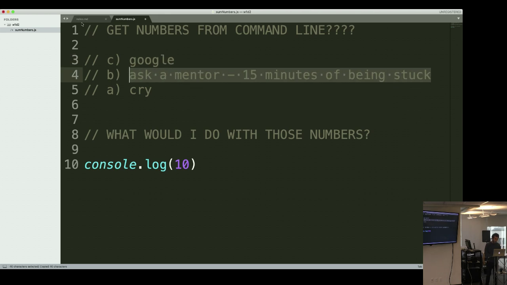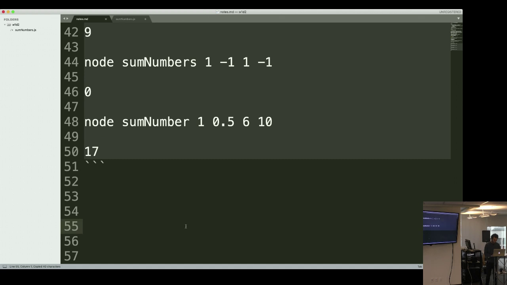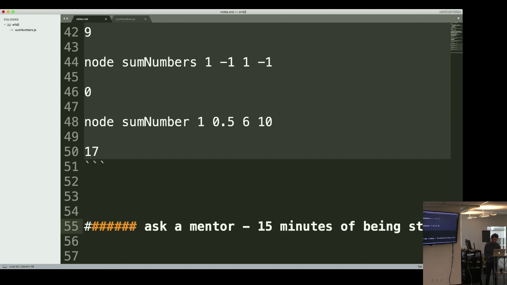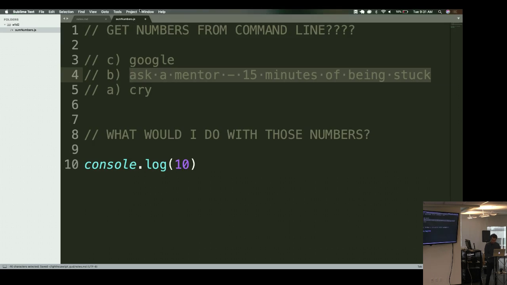I am going to put this in the notes. I'm going to put it as like a heading over here. You know what? Let's make it a heading 1. Ask a mentor, 15 minutes of being stuck. Just going to plug in my computer because it's about to die. Okay, so